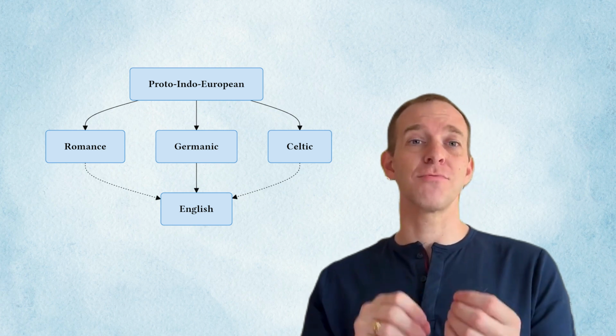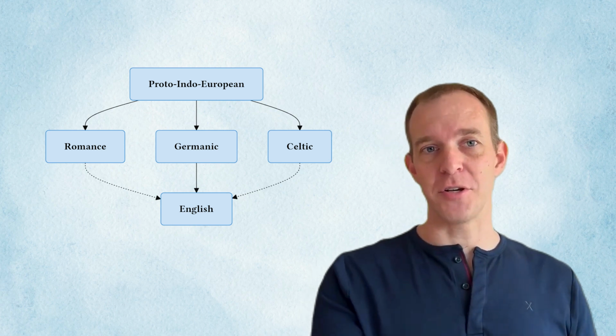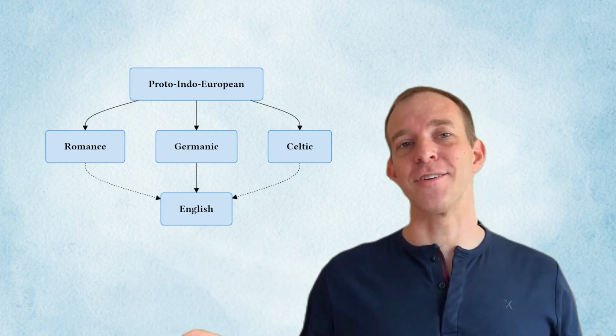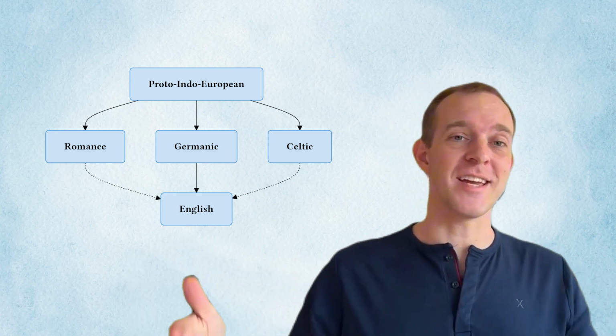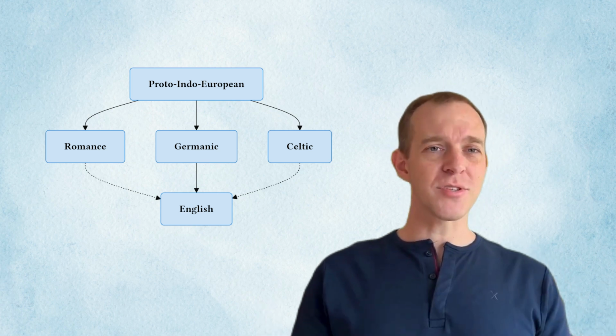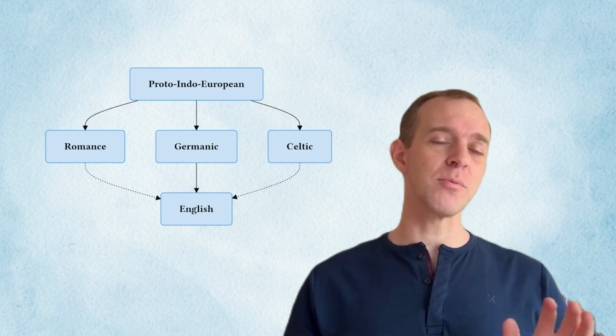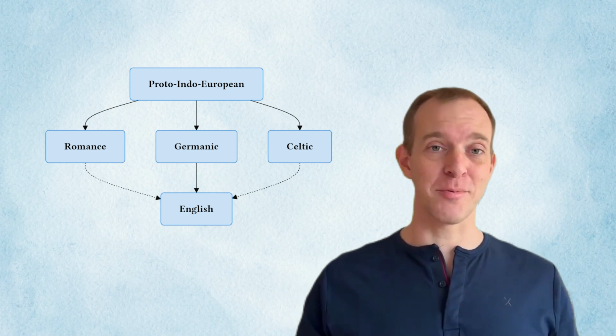In this video, we're only going to look at the versions of hoinos that wound up in English, because if I tried to look at the descendants of that word in all of the Indo-European languages, this video would be 6 hours long. Now, sometimes English inherited those words directly from the Proto-Indo-European language, but sometimes it borrowed descendants of hoinos from other branches of the Indo-European language tree. So we'll start by looking at those words that English inherited from Germanic, and then we'll explore words that English borrowed from other branches of the tree.